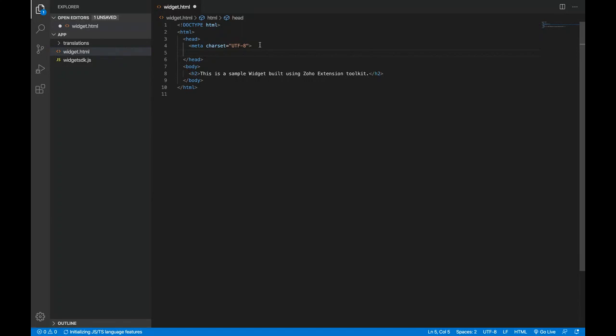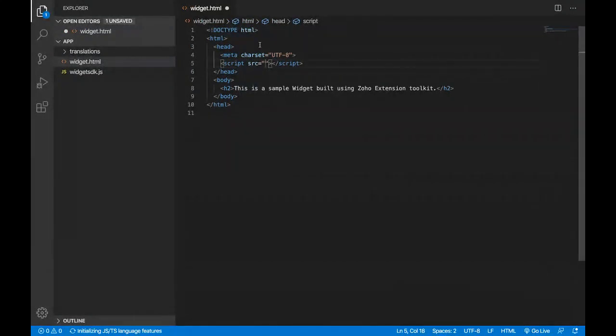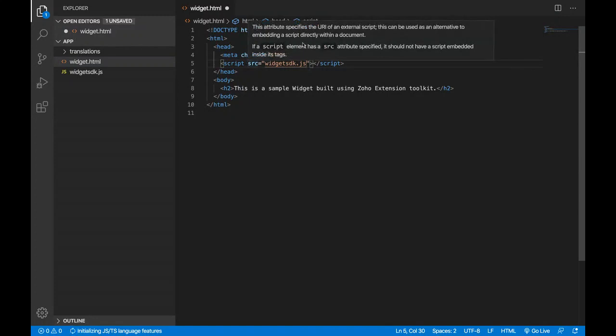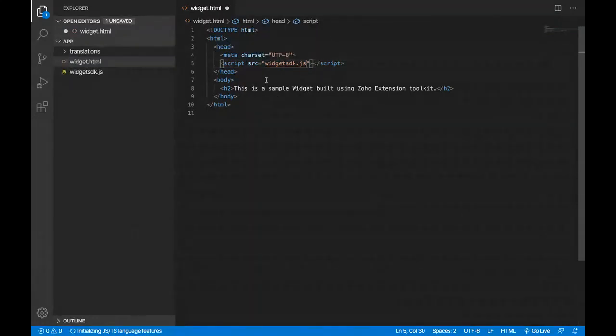connect them together. Let me zoom this a bit, perfect. Script source, and I'll say widget sdk.js, so we are referring to that particular JS file. Perfect. So we're done. We're doing good so far. So the next step, we'll try to create a form,